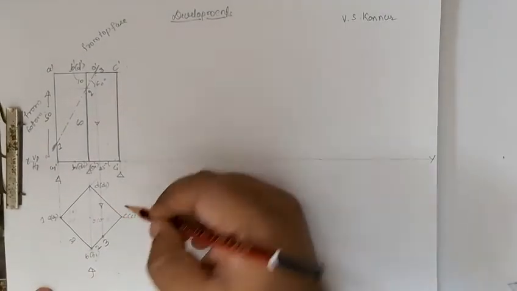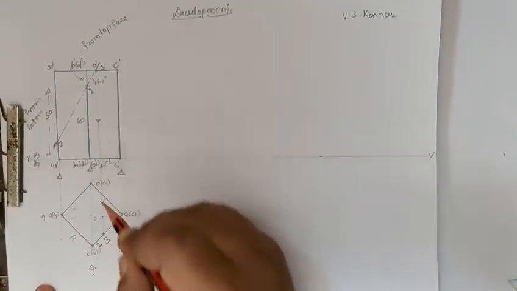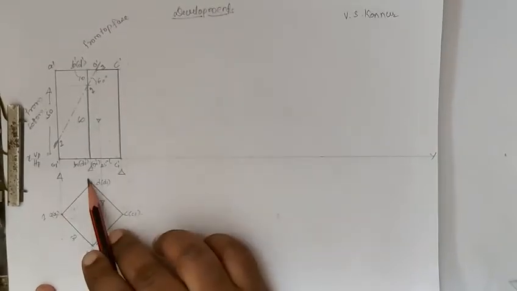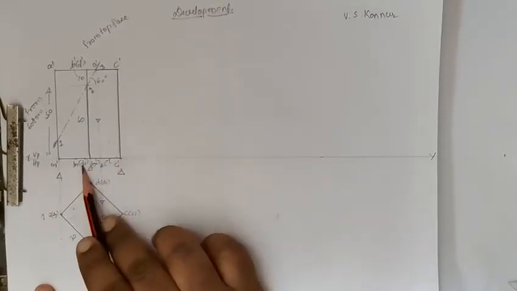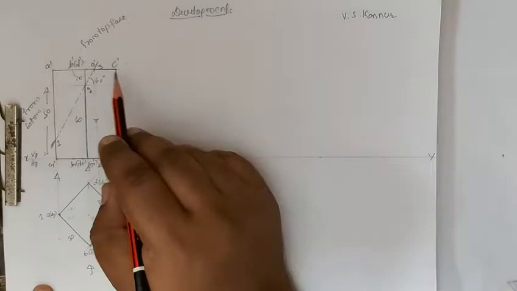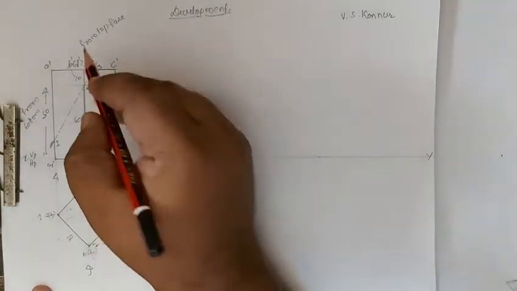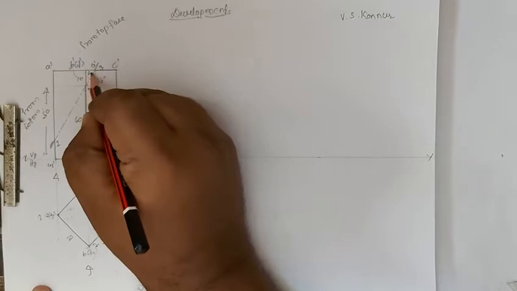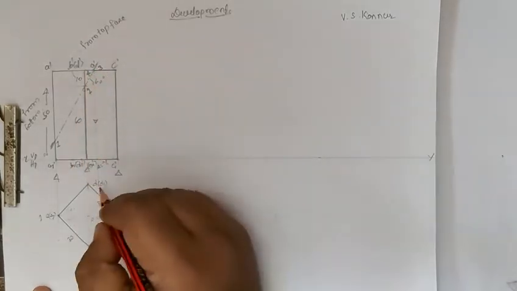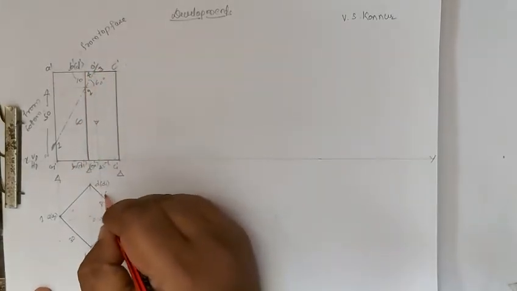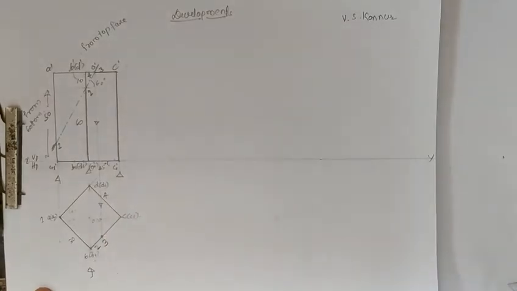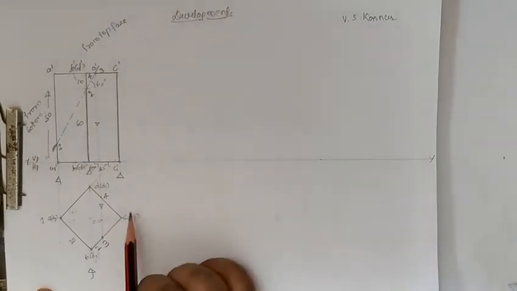Then go for C1 to D1. C1 to D1, there is no cut. C to D, when you are going back, C to D, there is a cut. For that I will mark it as 4. And this point is called as 4. Right. Next, C to D, C1 to D1 is over.